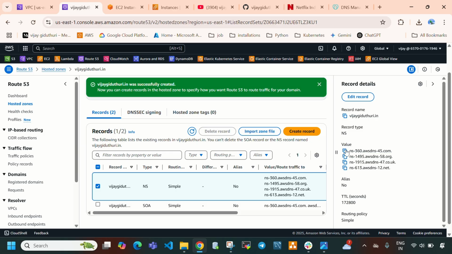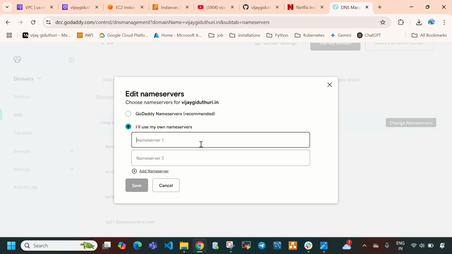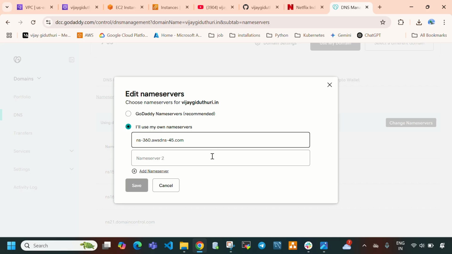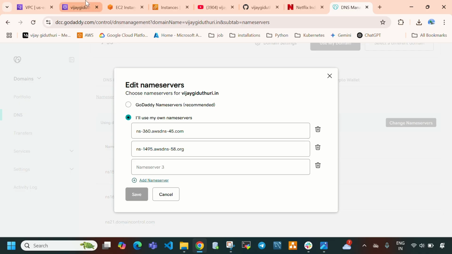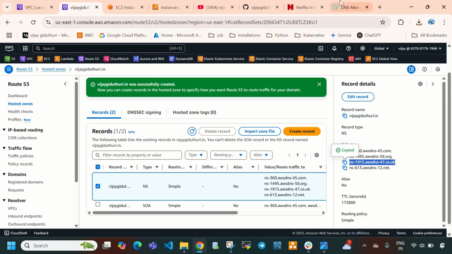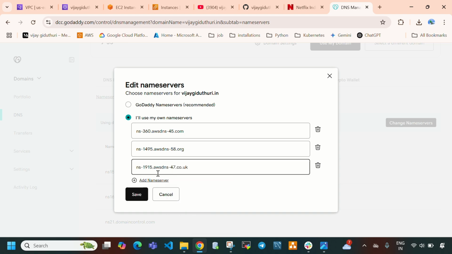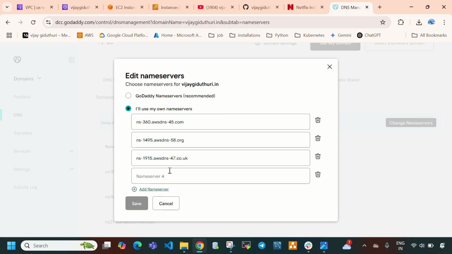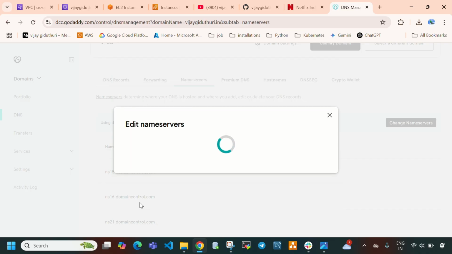Okay, so directly select the first name server ns360 and come here, and in the first name server field paste it: ns360 aws dns. Then copy the second name server, which is ns1495, come here and paste it. Then select add name server, copy the third name server ns1915 and paste it here. Then come here, copy the fourth name server, which is ns613, select add name server and paste the fourth name server ns613. Okay, so directly select here save